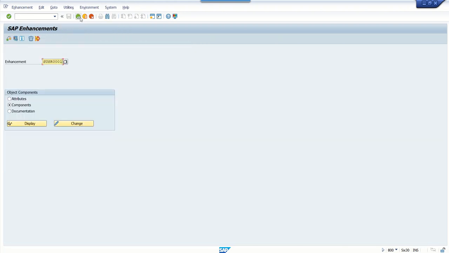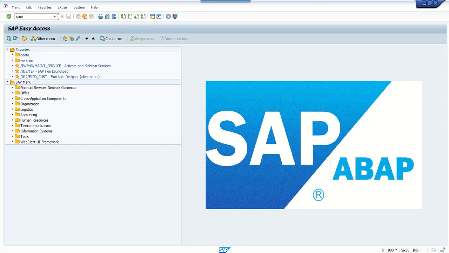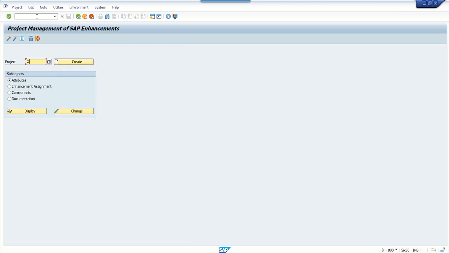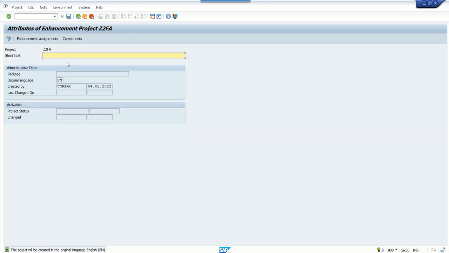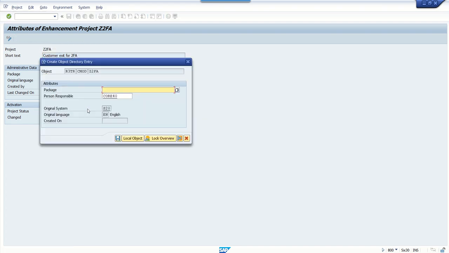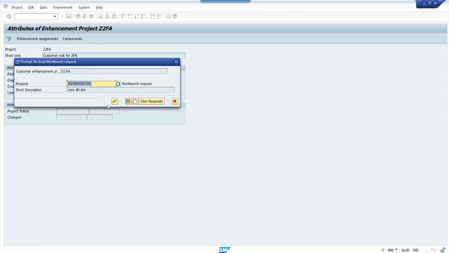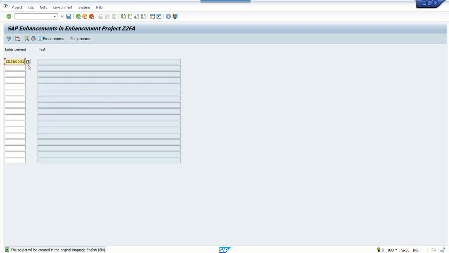To implement this announcement, we have to go to the code CMOD, give the project name Z2FA, create, let's say customer exits for 2FA, click on announcement assignment, save. Here enter the announcement SUSR0001, again click on save,